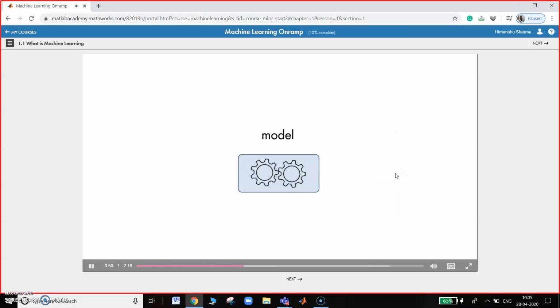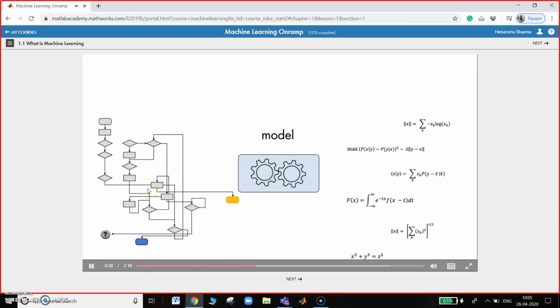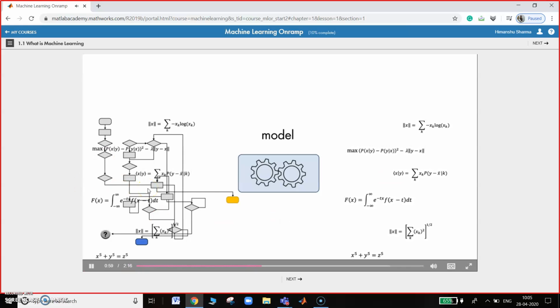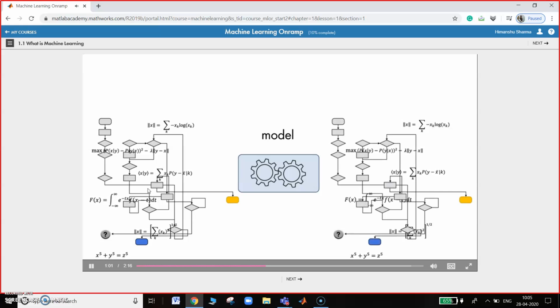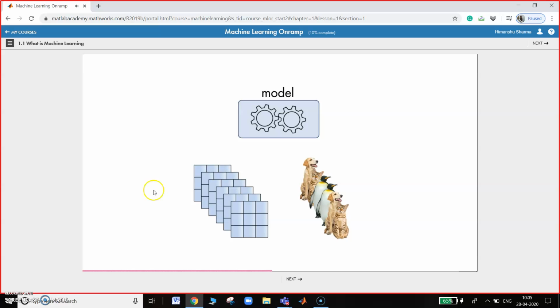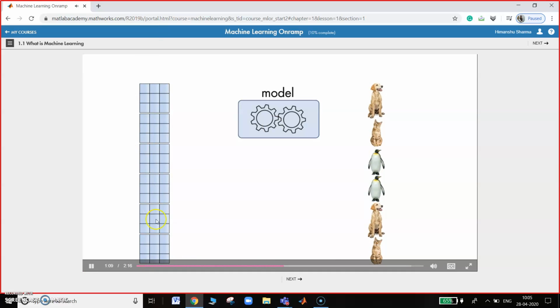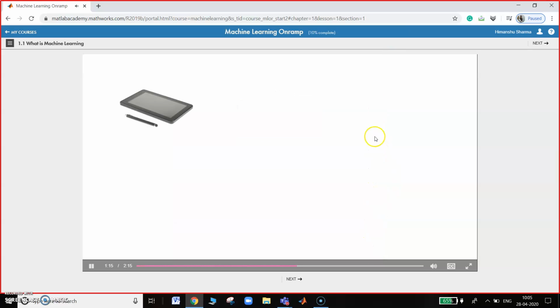A model is a mathematical function. In traditional programming, the model is made by the programmer. In machine learning, the model is made by machine. Apply the machine learning algorithm to arrange the data properly so that we can get proper classification.